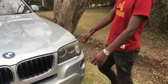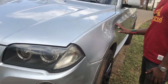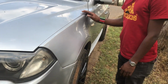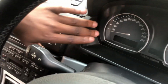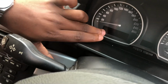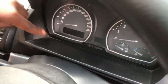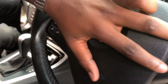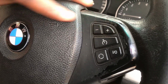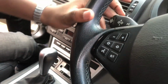As we come down to this side, nothing really in particular that is different from the other side. We'll probably look at the interior. So this car came out when everything was still pretty analog back then. As you can see, the clock here was still basically analog dials with some digital display at the bottom here for your configurations, as well as trip computer information. So tachometer, rev counter, speedo, fuel gauge, temperature gauge, some controls on the steering wheel here for the cruise control, for your volume up, volume down on the stereo as well, and such things, for voice activation, indicator stock here